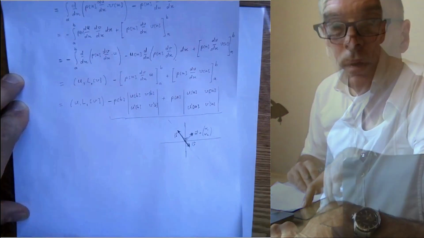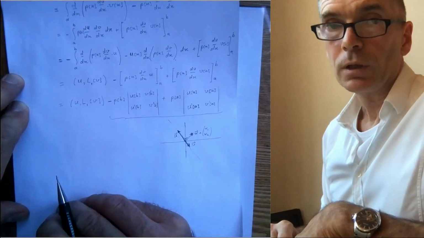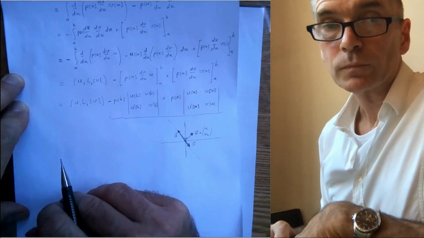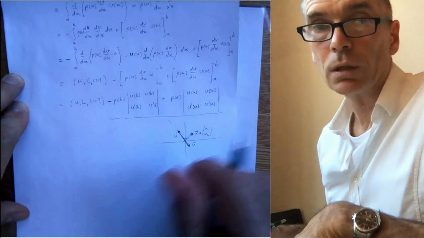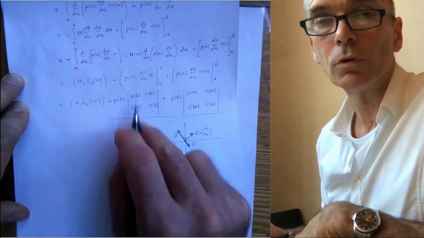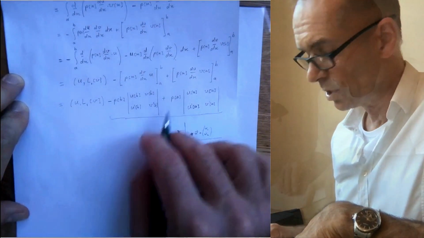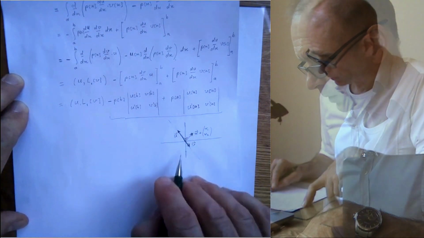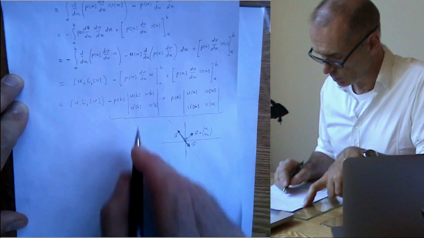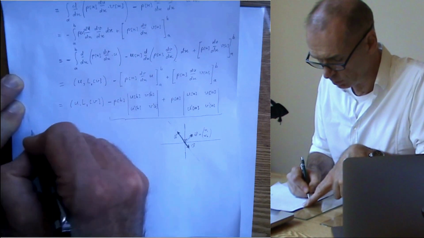Say that they would be perpendicular to one and the same vector. If that is the case, then they are linearly dependent, and then this determinant would vanish, and then this would be 0. A sufficient condition